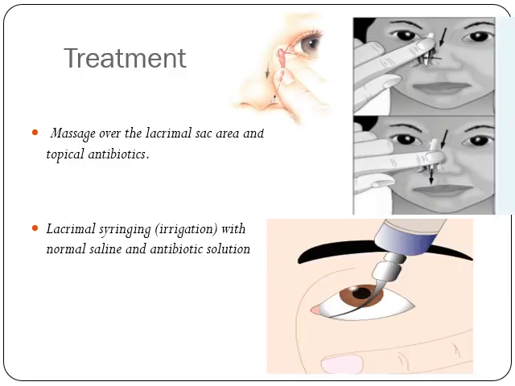Treatment: massage over the lacrimal sac area and topical antibiotics. This is the mainstay of treatment. The massage increases the hydrostatic pressure in the sac and helps to open the membranous occlusion. It is done at least 4 times a day, and after that antibiotic drops are instilled. With this treatment, in 90% of cases there is spontaneous recanalization in infants up to 6